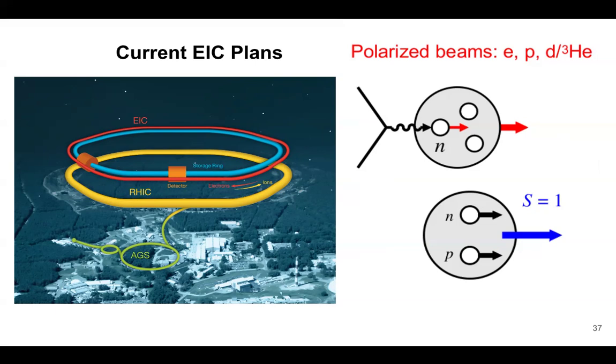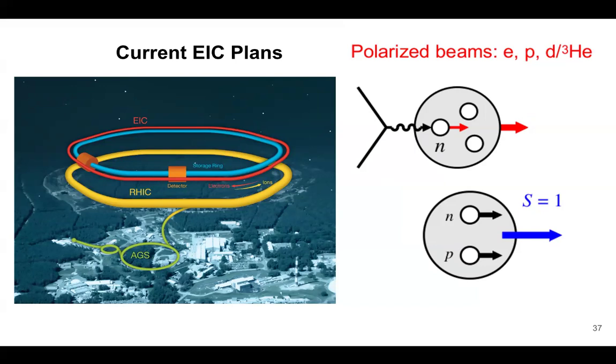But you have polarized electrons, protons, deuterons, and helium-3, so up to A=3. There is a huge program that you can do with all of those. You can study the neutron spin structure by using helium-3 as a polarized neutron target, or you can study deuteron structure, or you can do